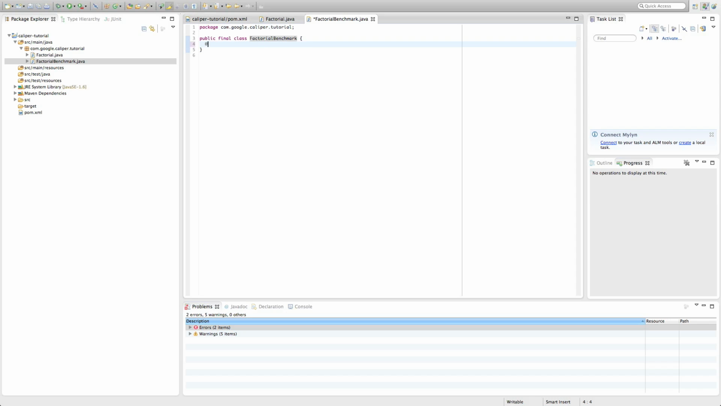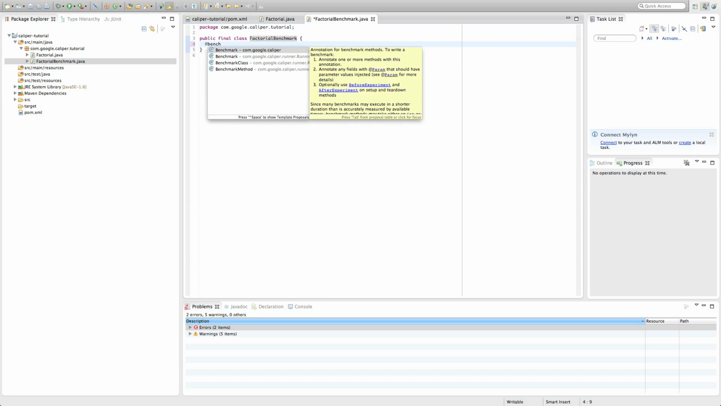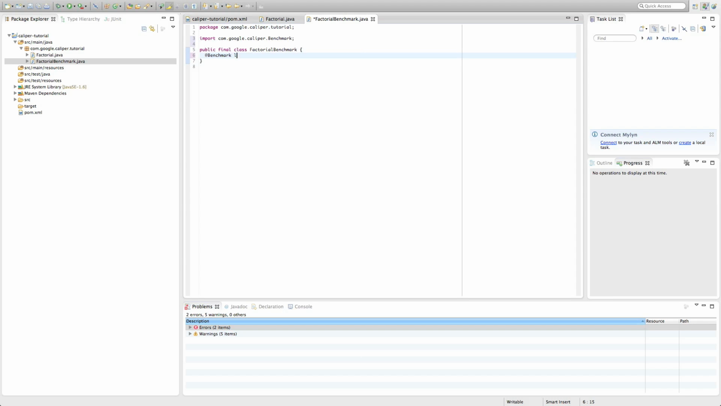So we need to write a benchmark method, and formerly we'd have to prefix all these methods with time, but we no longer have to do that. Now we can just call them whatever we want. We're benchmarking the recursive implementation, so it makes sense to just call this method recursive. And so